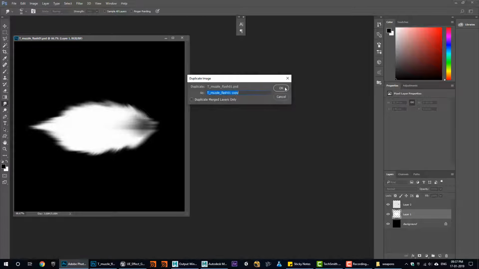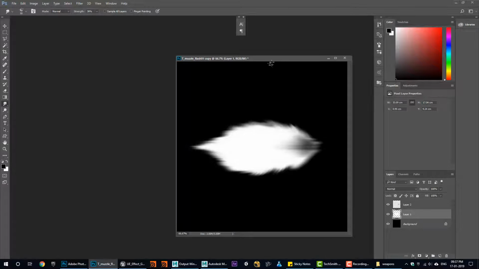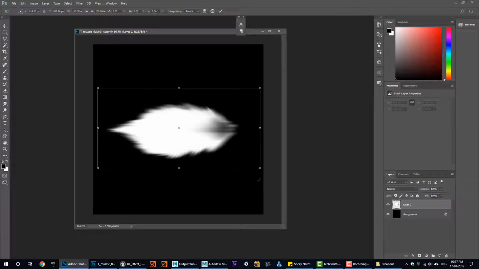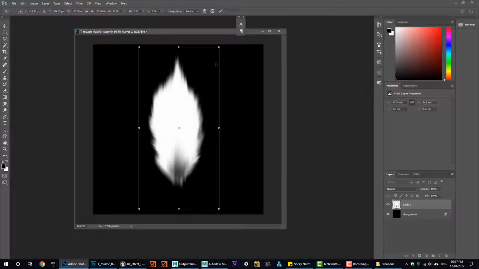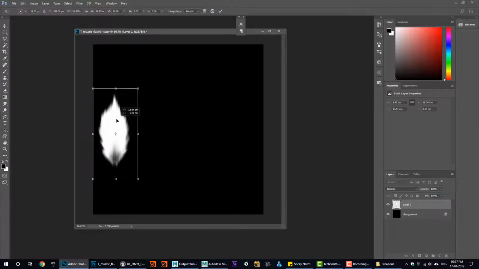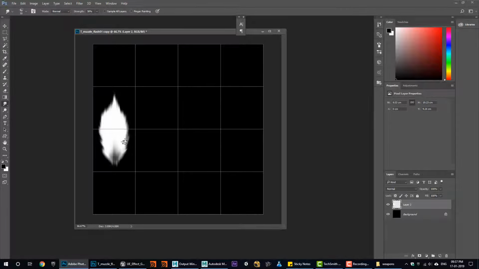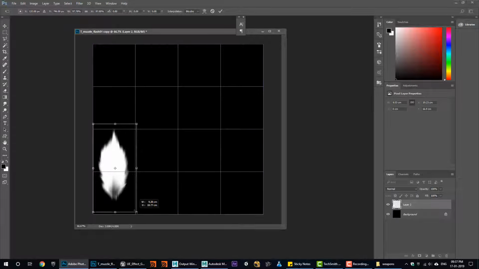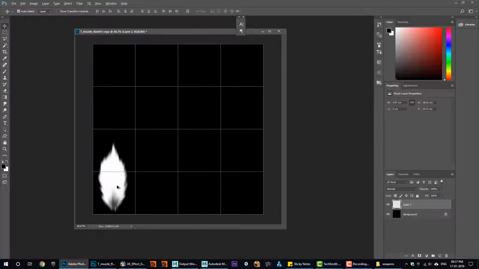I will duplicate this, save, close this, merge these two layers and rotate it 90°, and I will just create 4 copies, I think. Place here, scale it like this much,